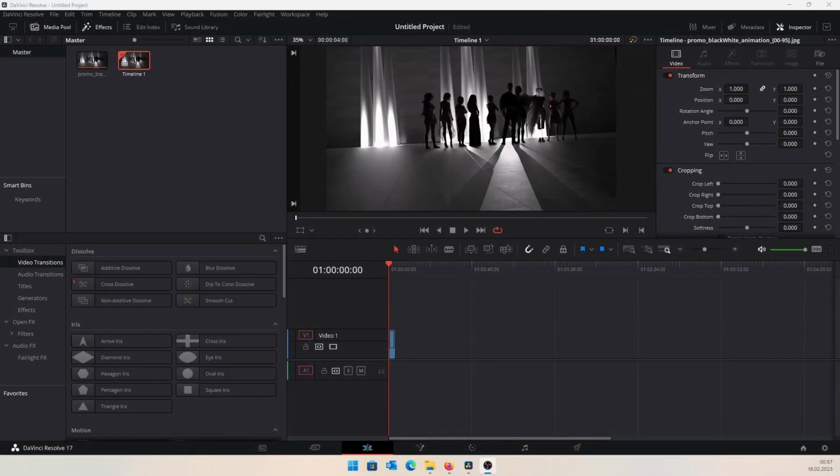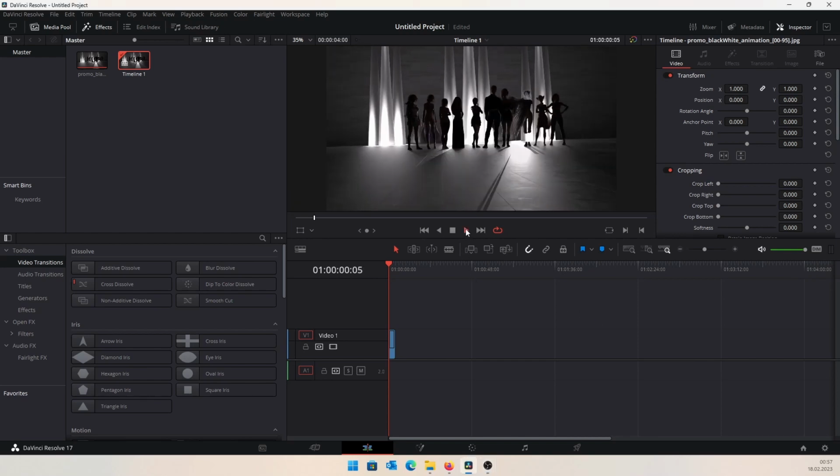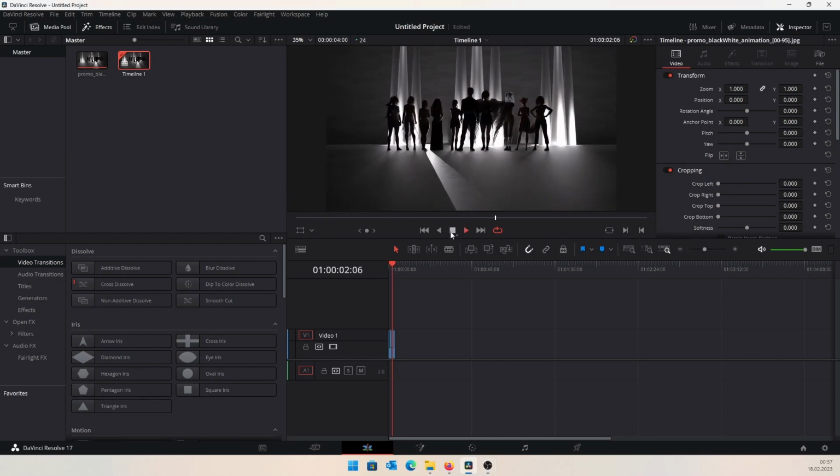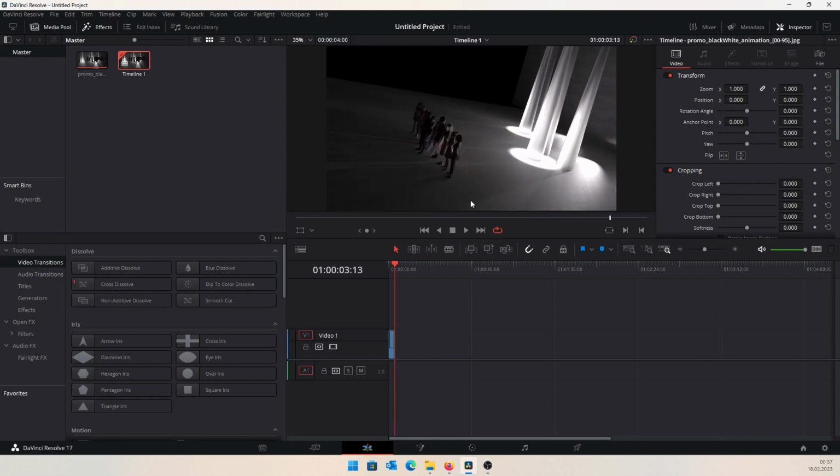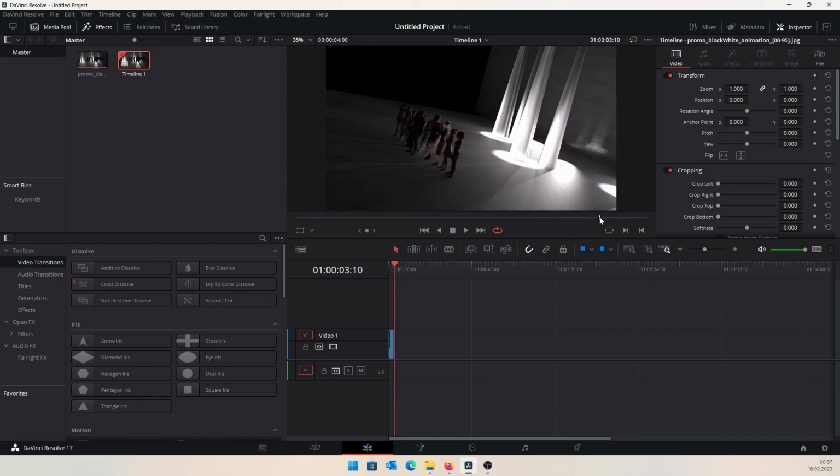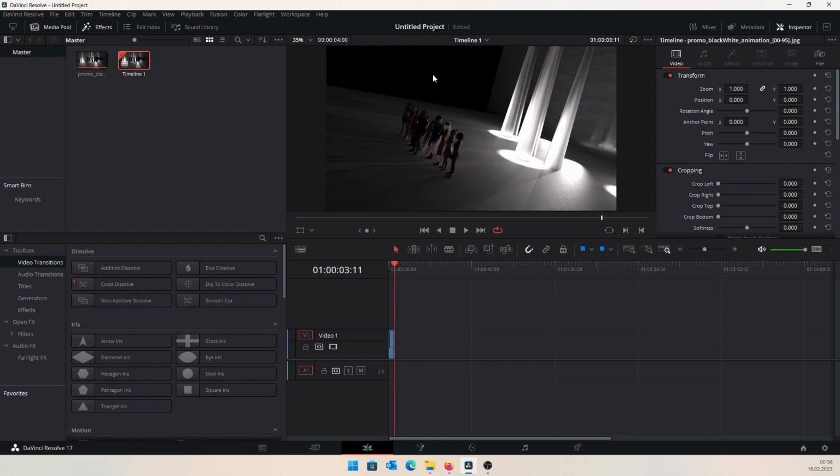Okay, the animation is rendered out, and I found that there was a mistake, or at least there's still a mistake. Now let's look at it for a second, and yes, right here, the pan out. This black space, I don't really want it there, so I'll have to fix it, but